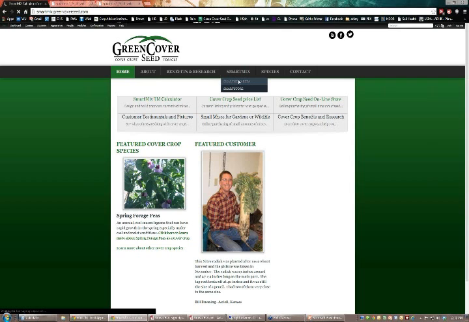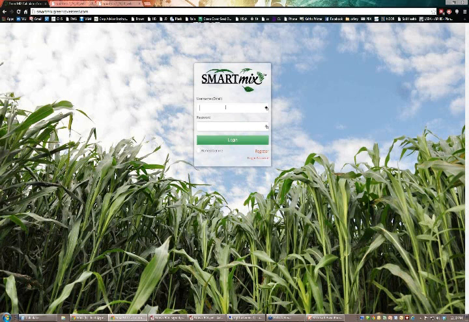One of the things you're going to have to do, if you want to use this, is register an account, because what this will do is save the mixes that you've worked on so that you can go back and look at them again. That's the main reason for having an account. If you're a new user, you would just click on the register button. I already have a user, so I'm just going to go ahead and log in.